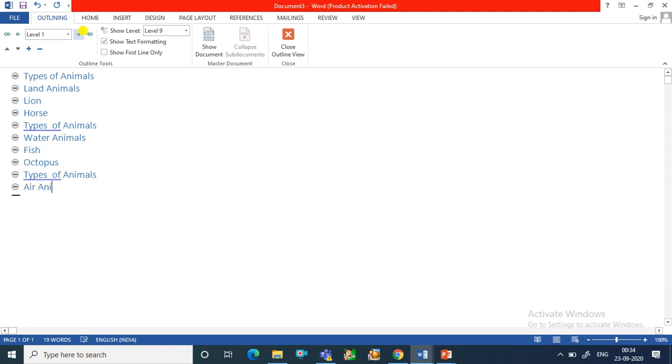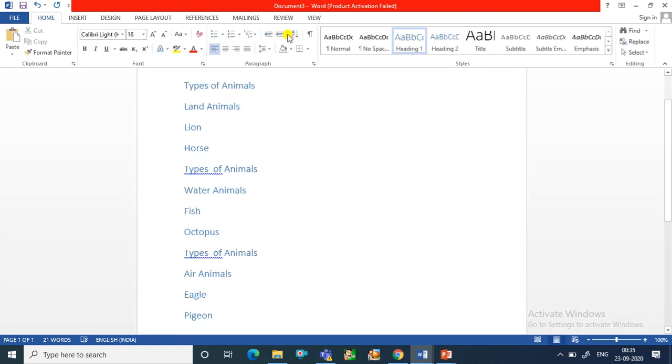Air animals, eagle and pigeon. Okay, now click on close outline view. Here you have to click on close outline view. Fine, and return to the print layout view.